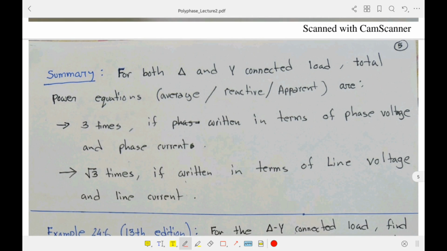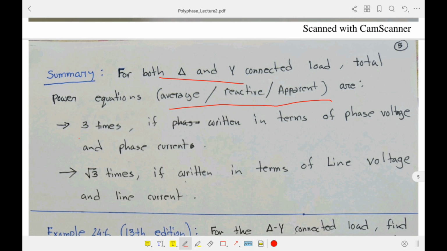Now if I summarize, all the equations are the same for both Y and delta, so there is no difference between the final expressions. That means the average power, reactive power, or apparent power doesn't depend on whether it is a delta connection or a Y connection. The final expressions are